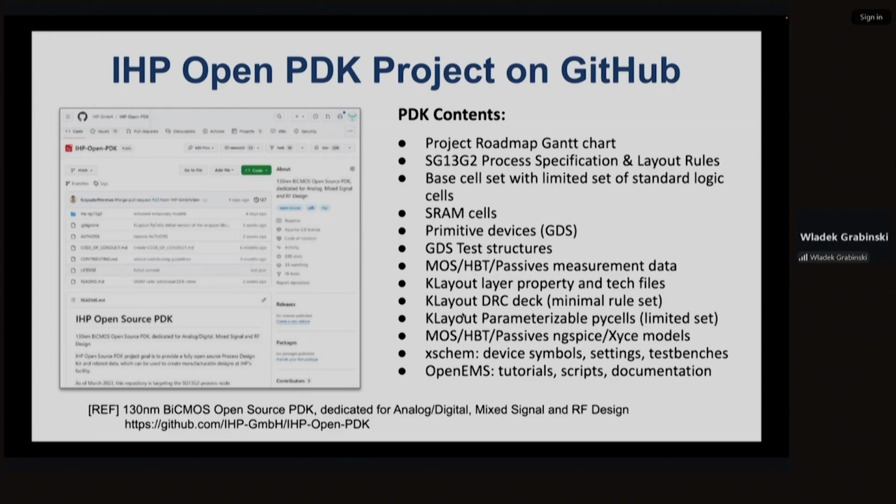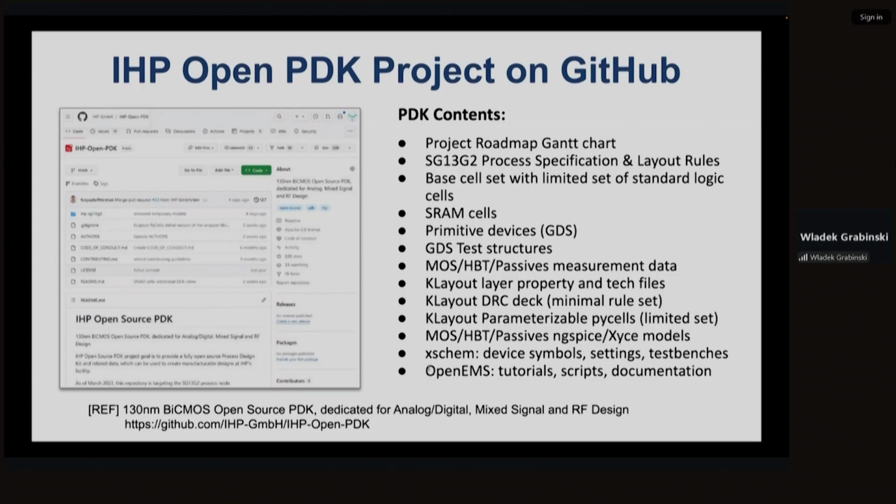For layout, we are supporting the open source KLayout tool, delivering a full set of DRC decks, both minimal and complete. We have all parameterized PCells, and Python-based digital cells. All the devices I have just mentioned, so MOSFET, bipolar, passive, are fully supported for transistor level simulation using ngspice and Xyce.